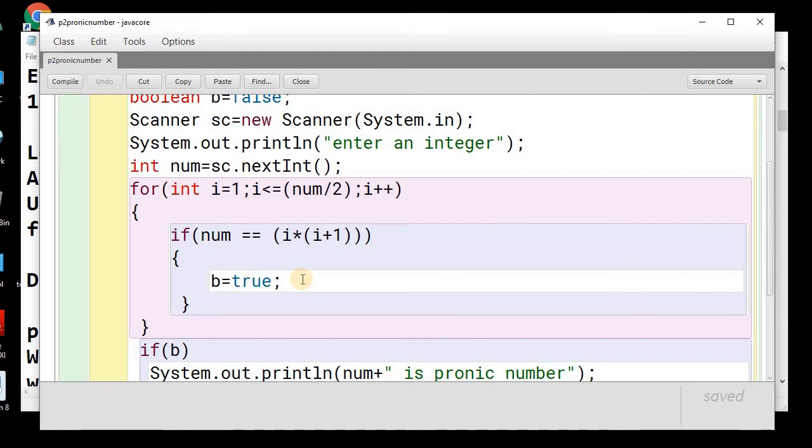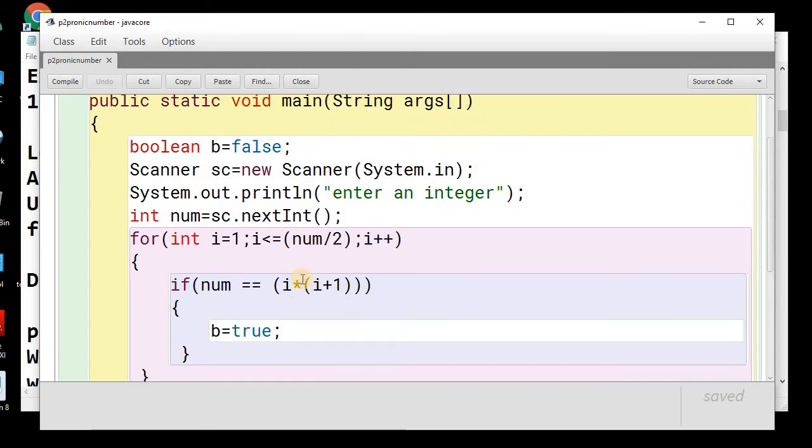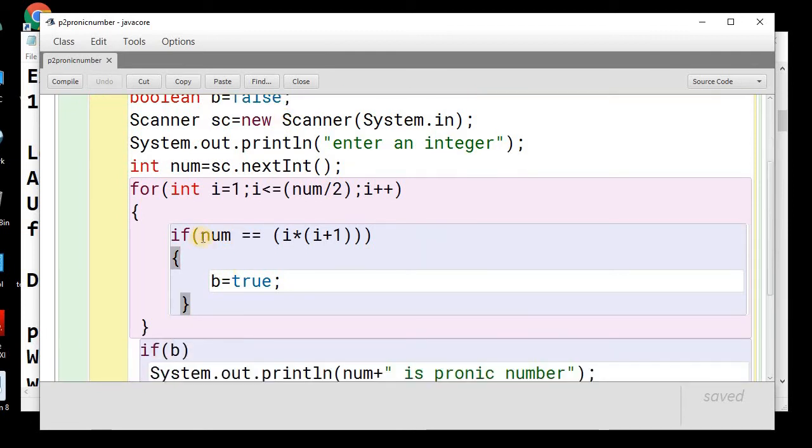Now remember, just to track whether it is true or false, we have taken a boolean variable b. We have initialized the boolean variable with the false value, so that once we get the desired result, we'll convert this boolean into true and we'll simply come out of the loop. Next, the loop will iterate and the value will be incremented from 1 to 2. So now this time i is 2.